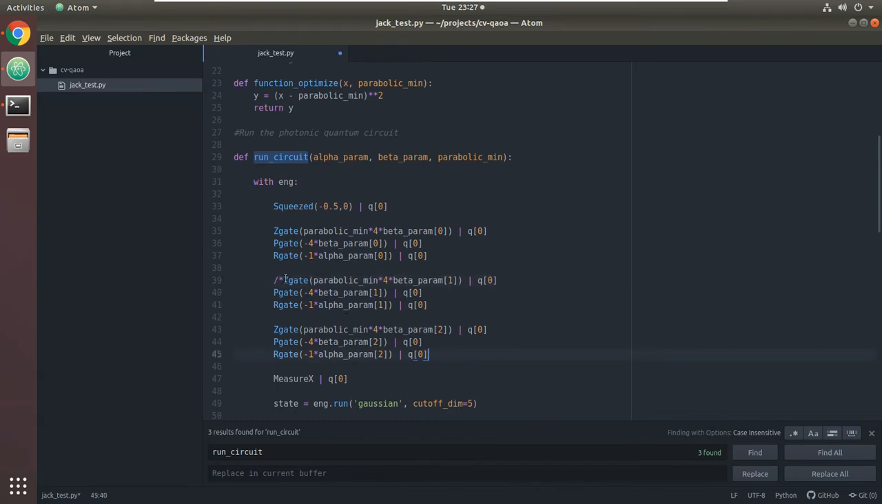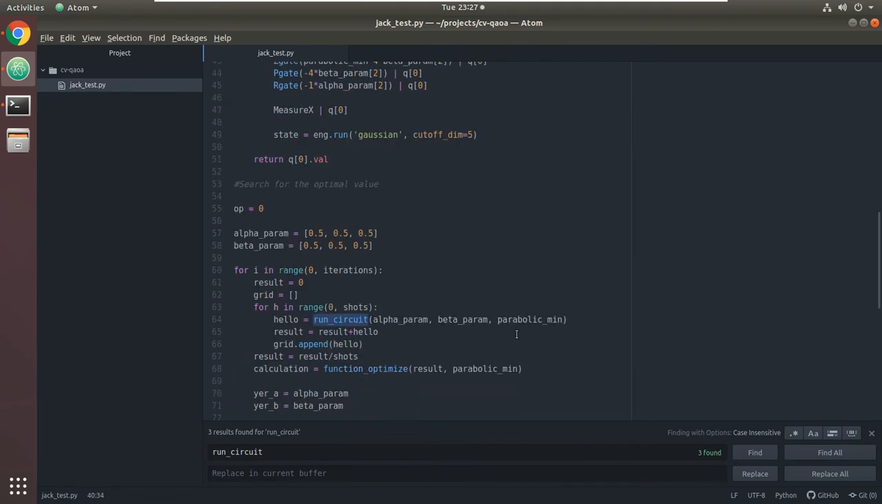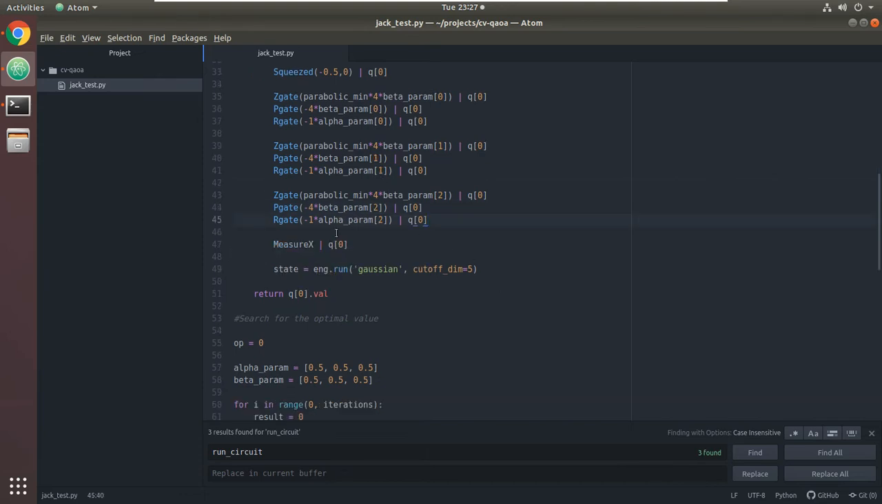Not much. I mean, I can just get rid of that, right? Because I could just get rid of that, and then it'll definitely give me a different set of results, which we could compare. And then measure x, and then run Gaussian. I think this is because those gates are only Gaussian gates,